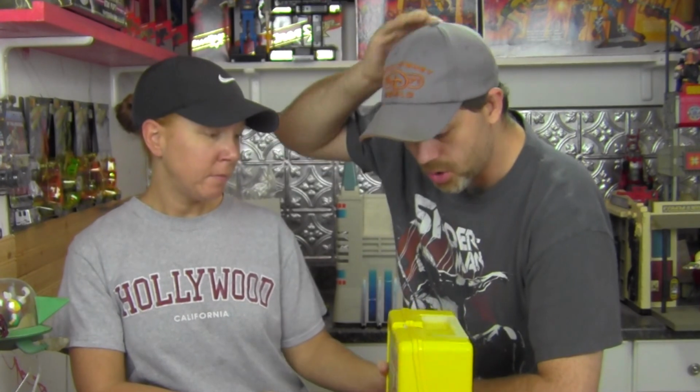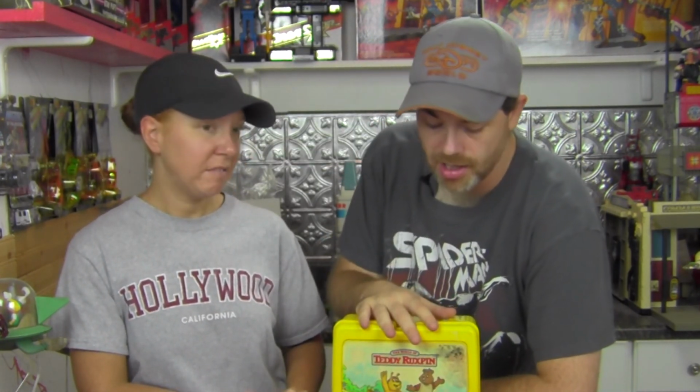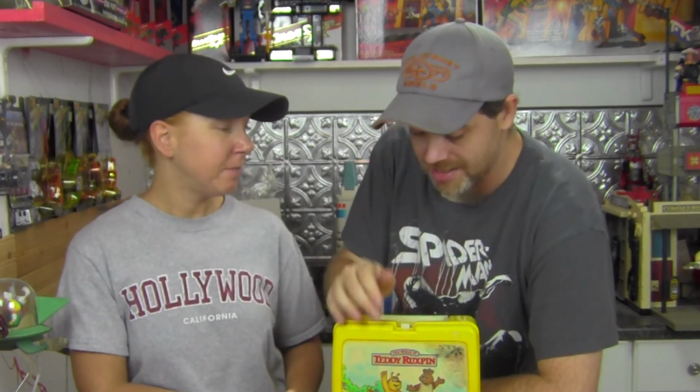I've never been a stickler. I know there's lunchbox collectors out there who are sticklers, who want their lunchboxes in pristine condition. It's not going to happen. I just want my lunchboxes in decent condition with a thermos, is all I care about. So, Teddy Ruxpin lunchbox, another addition to one of my favorite toy lines of all time, which was...